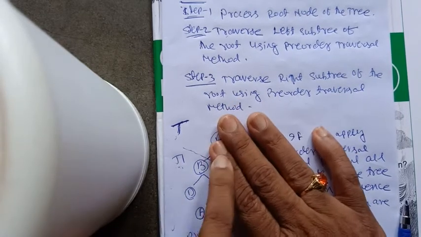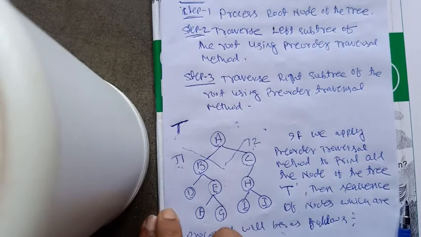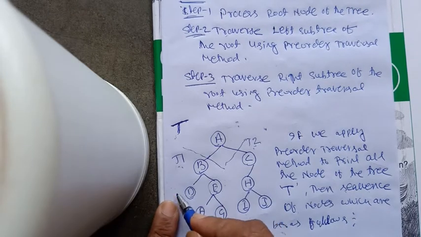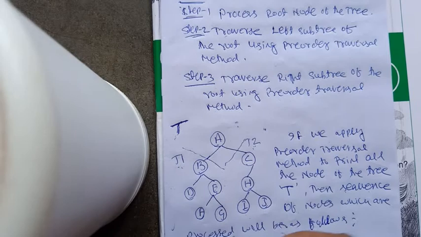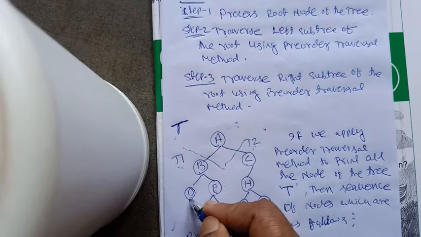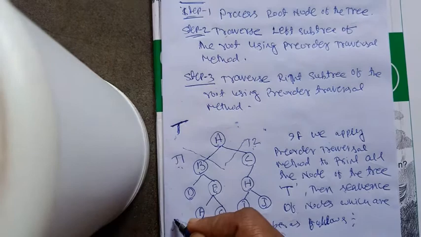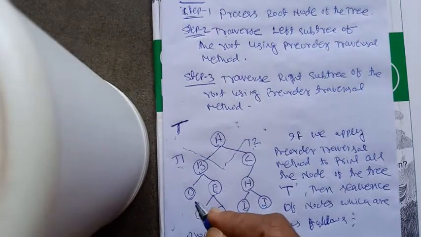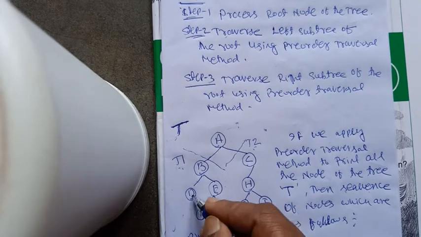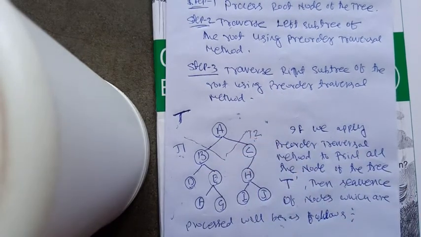So what is in the left subtree of B? We have D, so it is another tree whose root is D. To traverse this tree whose root is D, again there are three steps. First the root is processed, then move to the left of D and traverse that tree. Now left of D is empty, so D's left is completed. Now we move to the right of D. D's right is also empty, so D is completed. So A, B, D has been processed.